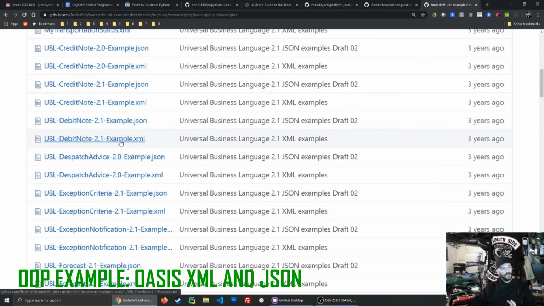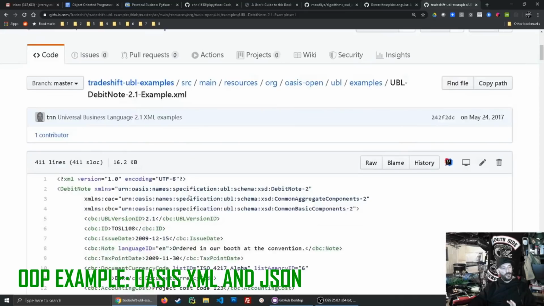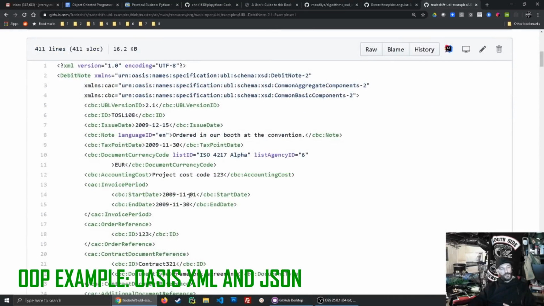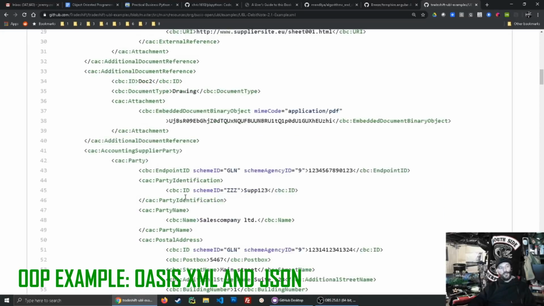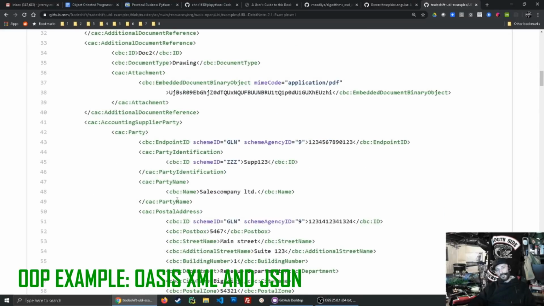So let's say an example, a debit note or a credit note. When was it issued? When does it start? What's the invoice period? What additional documents? What's the name of this party? Their address? Some standard way to define objects. So the idea here is when you're doing credit cards or wire transfers or debit cards or checks or all these different kinds of transactions, at some point businesses would like to standardize that and be able to process those